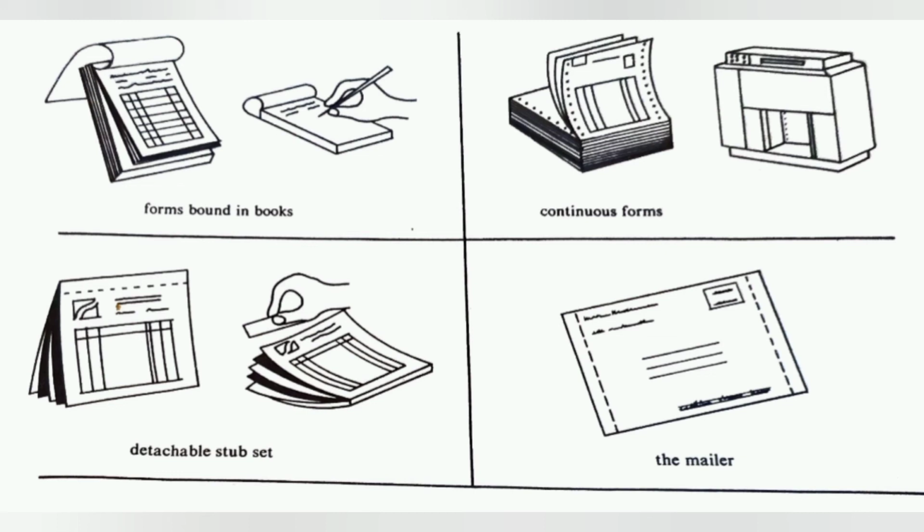Its construction is different enough to classify it as the 5th type of specialty form. Mailers are blank forms sealed inside envelopes that are attached end to end as continuous forms and covered by a cover page. Selected areas of the cover page and the front of each envelope are backed by carbon paper. All the data to be printed, including the name and address, is printed on the cover page.